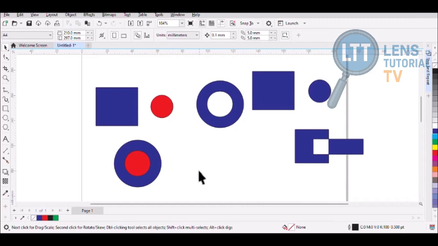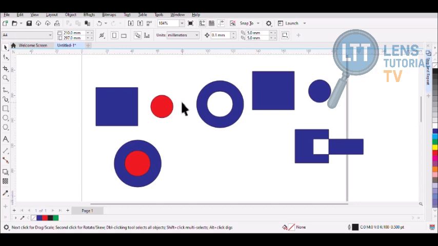Okay. Now let's look at a practical example. How do we use combine, duplicate, and grouping? You can take any two objects and combine them together. Then you have multiple things like patterns you have in your fabrics. You can use that for logos and so on. Therefore, I can quickly create a logo